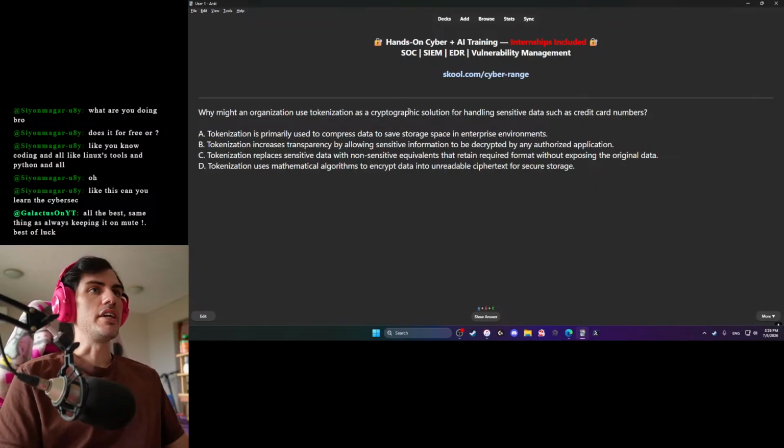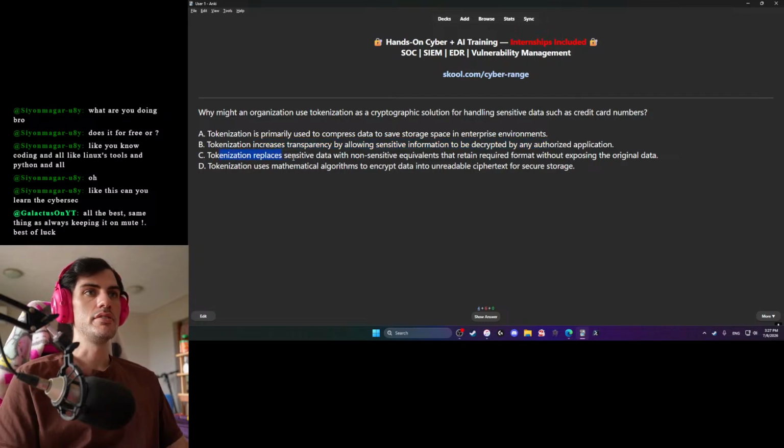Why might an organization use tokenization as a cryptographic solution for handling sensitive data such as credit card numbers? Tokenization, I don't remember this. Primarily used to compress data. Increases transparency by allowing sensitive information to be encrypted.